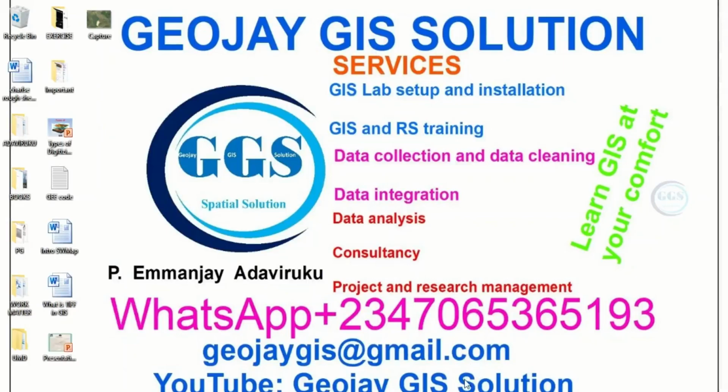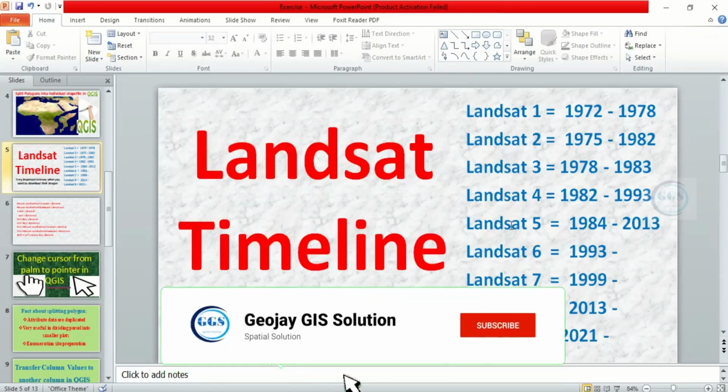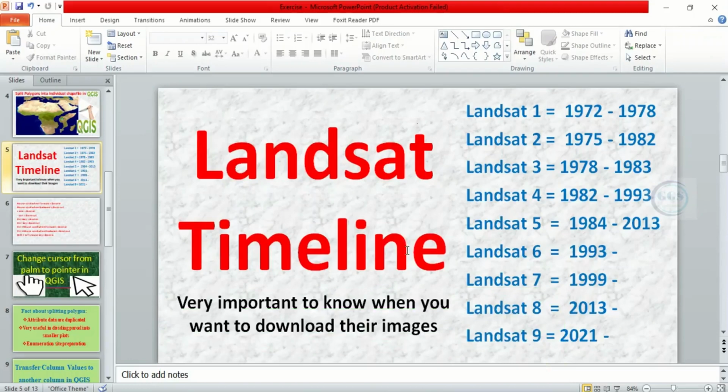I am Emanje Adaviruku. Today, I want to take you through the Landsat timeline. This is very important to know, especially if you want to download Landsat satellite images. You must know which Landsat image is available for a particular year of your choice. Knowing the timeline of Landsat will help you to know which one to choose when you want to download their